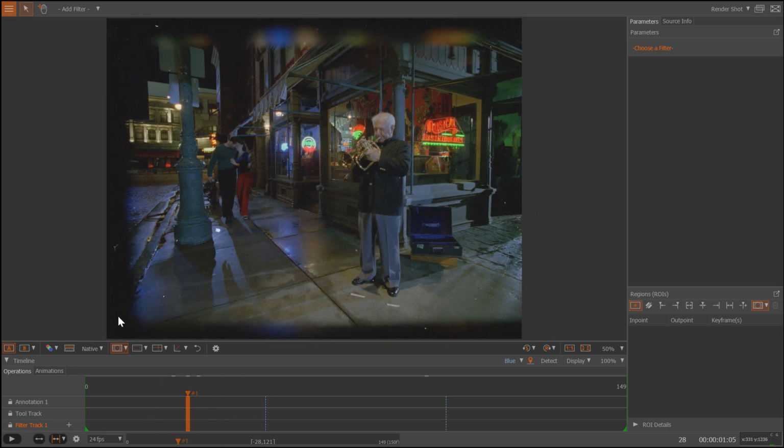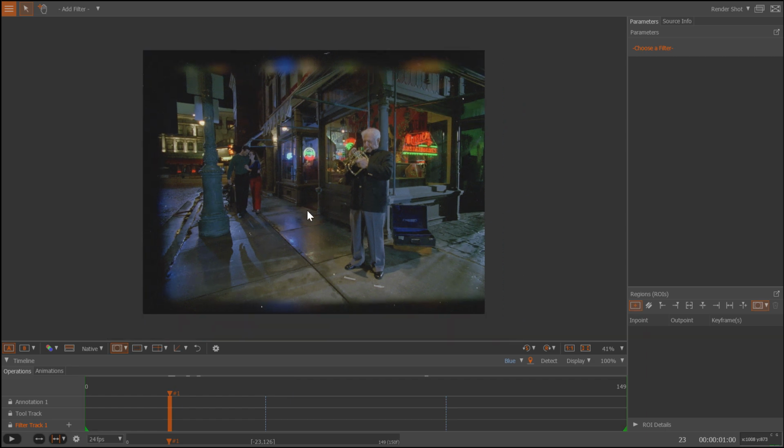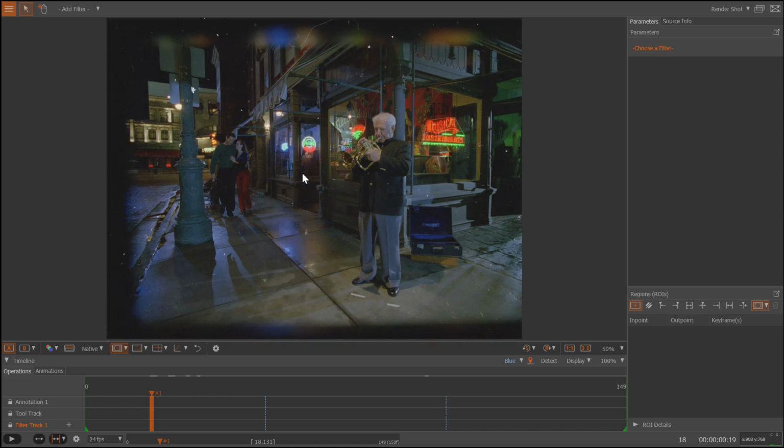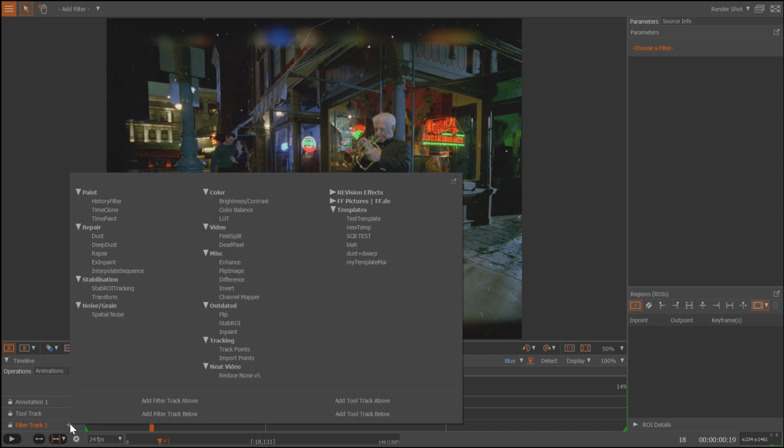In our system is a timeline-based approach, so we need to add filters to a timeline. So let's add an automatic filter to this timeline. So we go to any frame, ideally somewhere in the middle of the shot, and click here the plus symbol. Here, this will show me the available filters and tools,